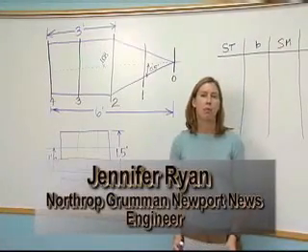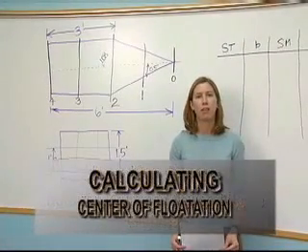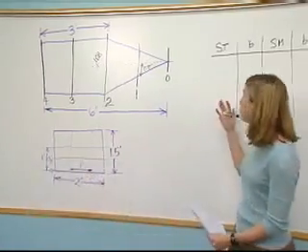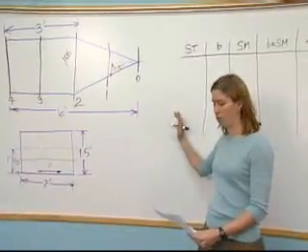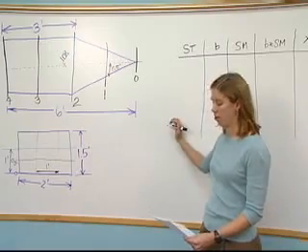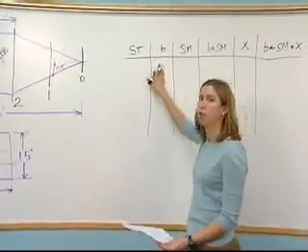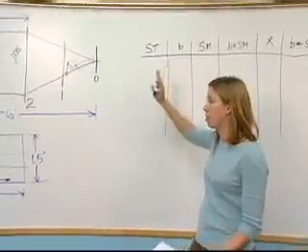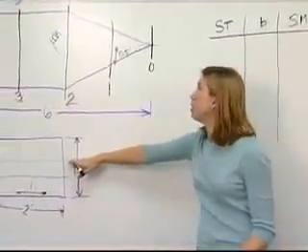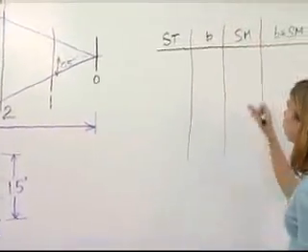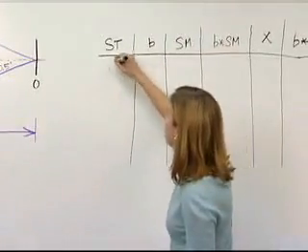Okay, the last step that I'm going to cover is how to calculate the center of flotation of your vessel. For this, we'll need another chart similar to the ones we used prior with using the Simpson's multipliers. This time, though, we're going to look at the beam of the vessel at your design water line. Our design water line is at 1 foot, so we'll be looking at the cross section here above. So if you look at the beam at each of these sections,